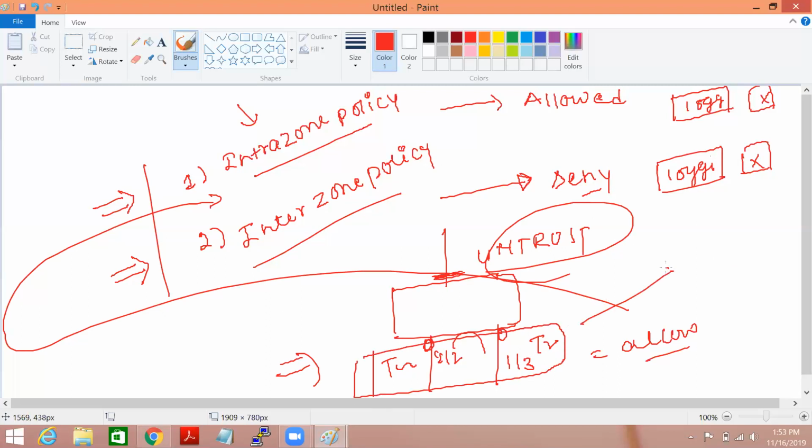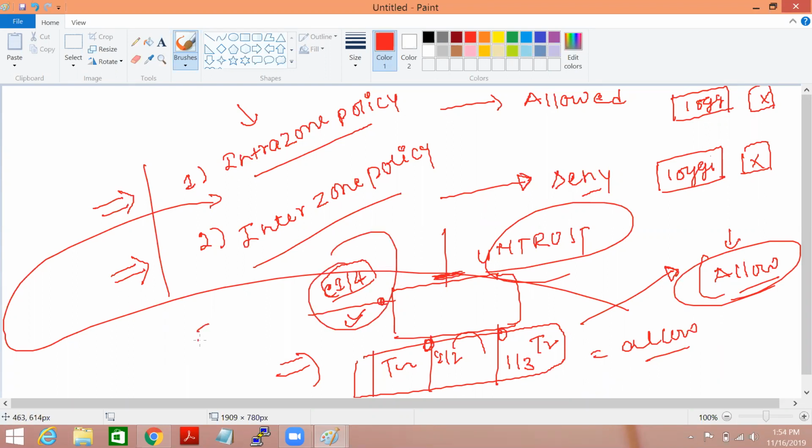So zone, why do we create a zone? The basic function of a zone is to group multiple interfaces, and accordingly we can allow or deny traffic. We can also use a single interface in a zone. It doesn't mean that a zone only provides grouping of interfaces. Let's say I call one zone DMZ where I place my server. So this is also possible. A zone is just a logical term where we place our interfaces.